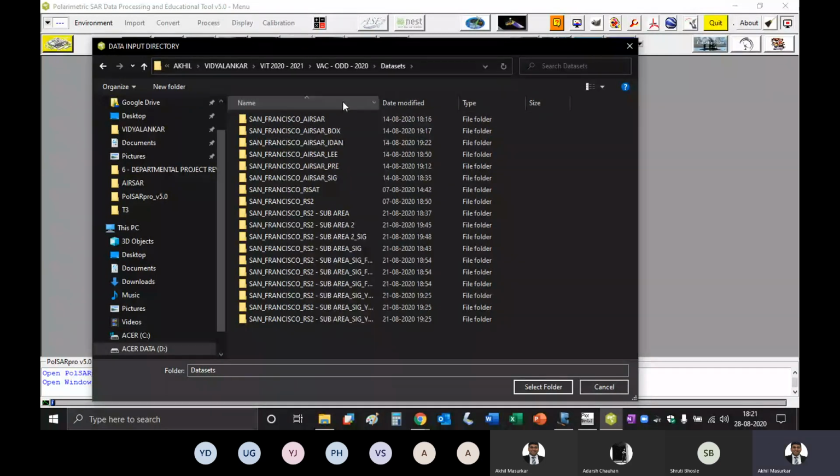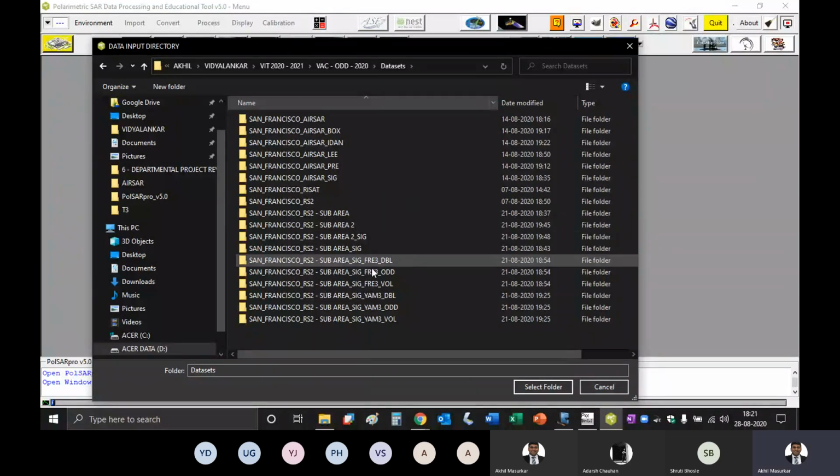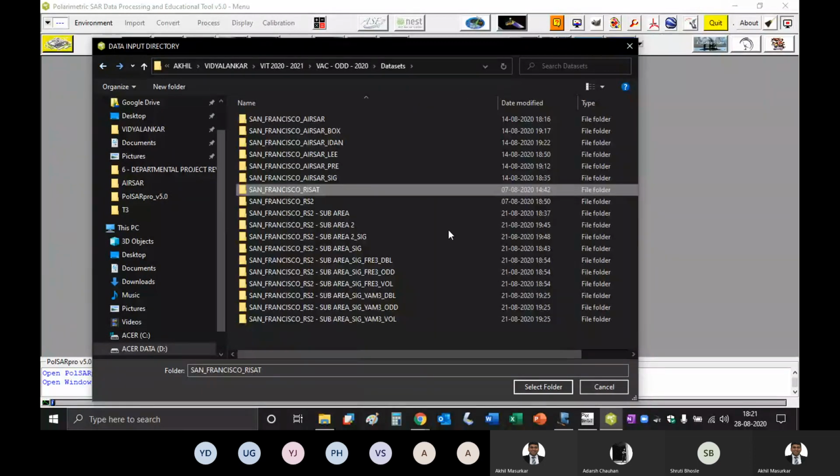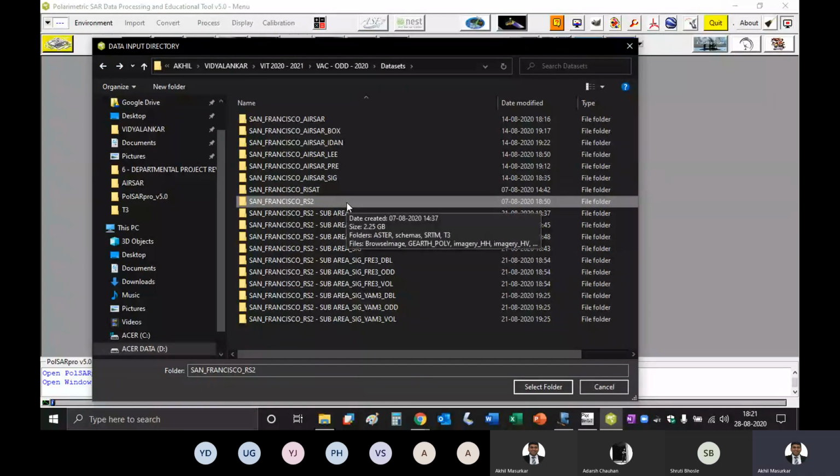That is our favorite image. And this time, what we can do is we can take the radar set 2. Let's take radar set 2.